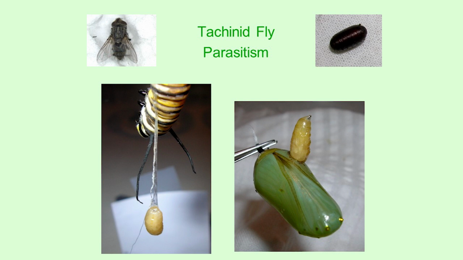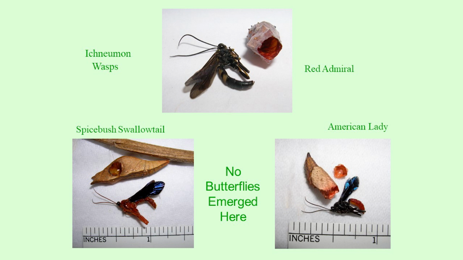So the tachinid fly parasitism kills quite a few monarchs. Fly parasitism also kills other caterpillars, but this is one that's fairly well known to happen. This species of butterfly, it happens to quite a bit. The bane of some of the other butterflies are